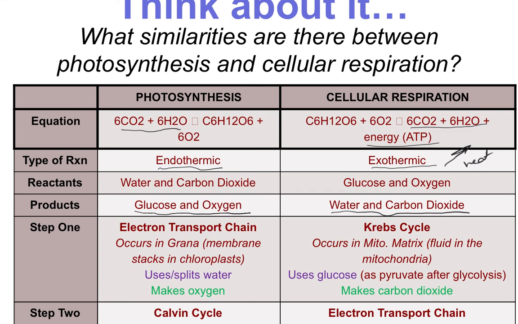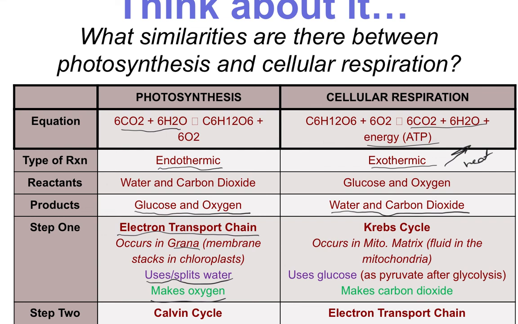The first step with these is also very different. In photosynthesis, the first step is the electron transport chain, and that occurs in the grana, which are those stacks of thylakoids, green little pancake-looking things, and that is in the chloroplast. And we use water, we split water, and we make oxygen. And in cellular respiration, its